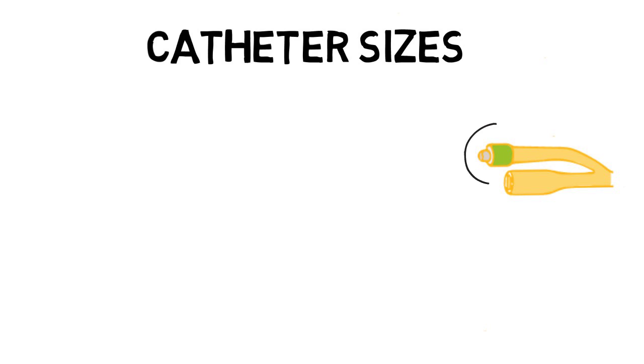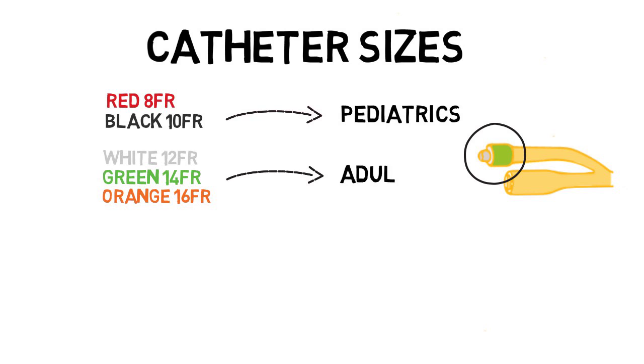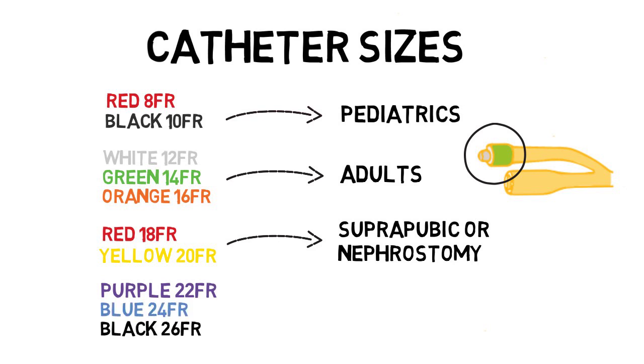Sizes of urinary catheters. Catheters come in a variety of sizes, and the diameter is referred to as French. Usually they're color-coded based on the French. 8 French and 10 French are usually pediatric catheters. As you increase in size, 12, 14, and 16 French are the common sizes for adult indwelling urethral catheters. 18 and 20 French can be used for suprapubic or nephrostomy tubes. Towards the end of the spectrum, 22, 24, and 26 French are used for the evacuation of debris and/or